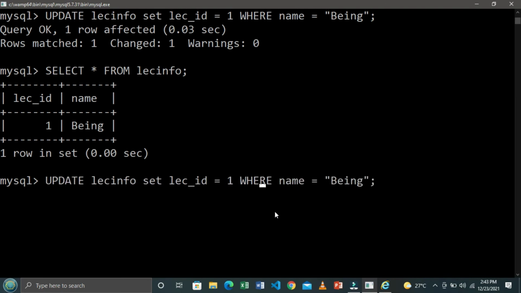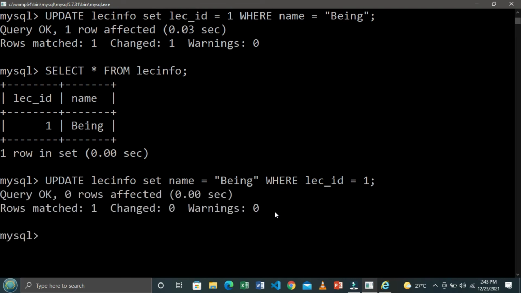So here to update, I want to just do this. I'll say set name. I'm going to now change the name. Set name. What is the name? Name is Bing. You need to change that name where lecturer ID is equal to 1. Now remember, we have just changed the ID. That means we are going to go with the update we made previously. When I press enter,